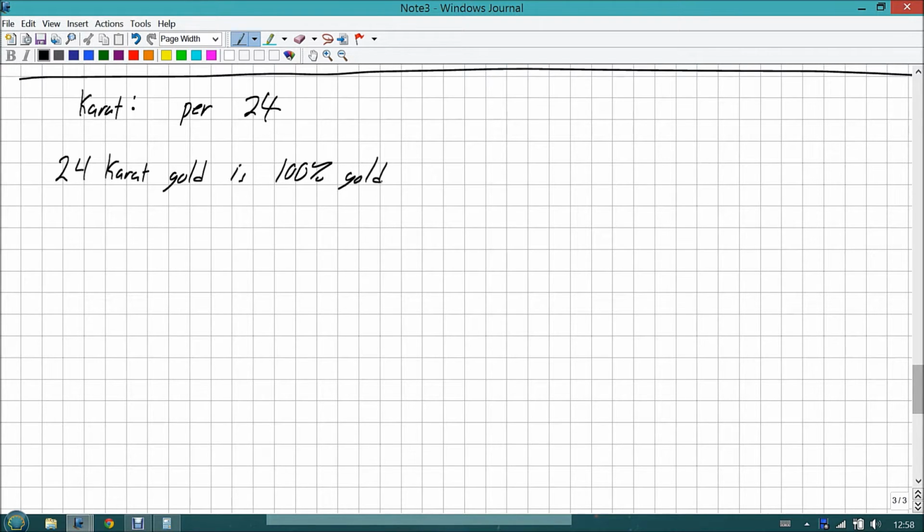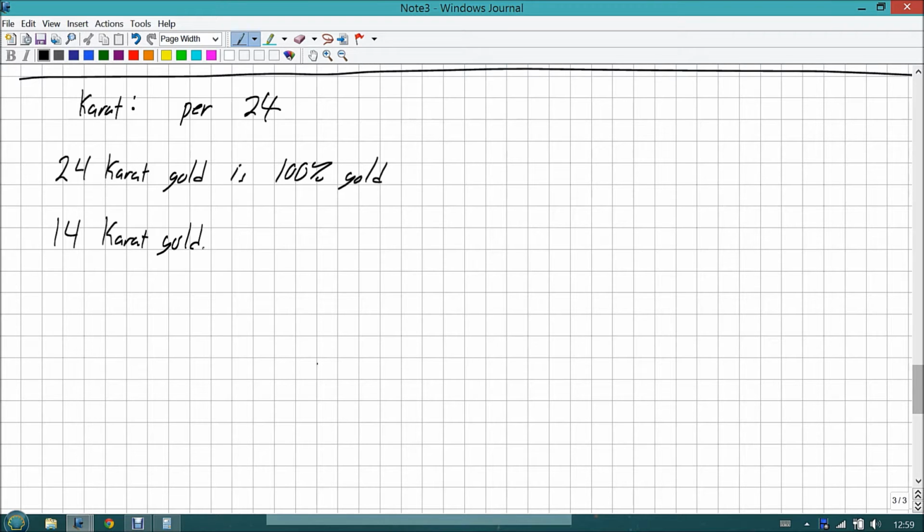I would not recommend 24 karat gold for jewelry, mainly because gold is very soft and malleable and scratches super easy. And if you've got a ring on and you're doing something and it scratches and bends and twists really easily, it's actually a safety hazard. So I definitely recommend not getting 24 karat gold. 14 karat gold, on the other hand,